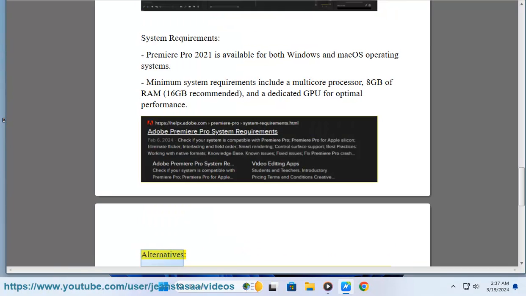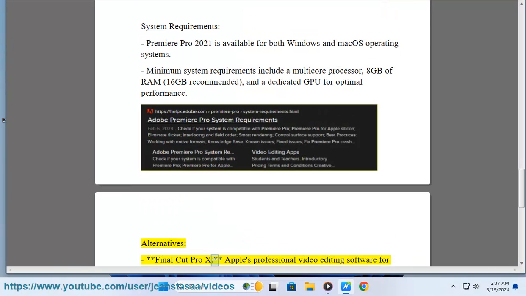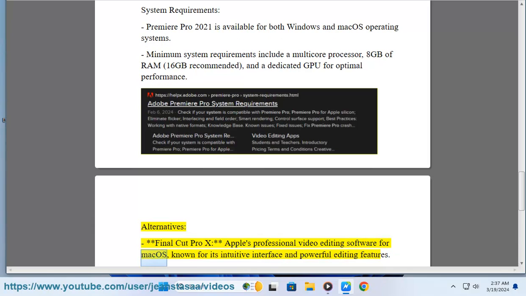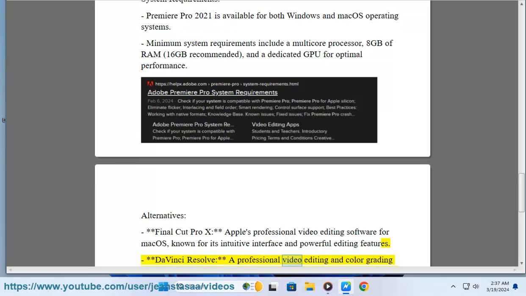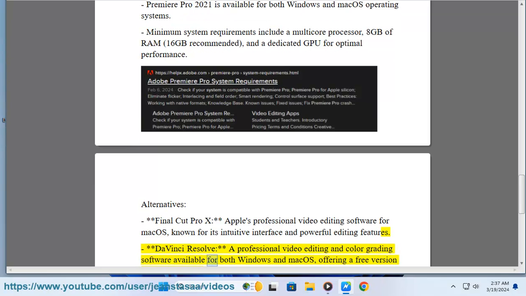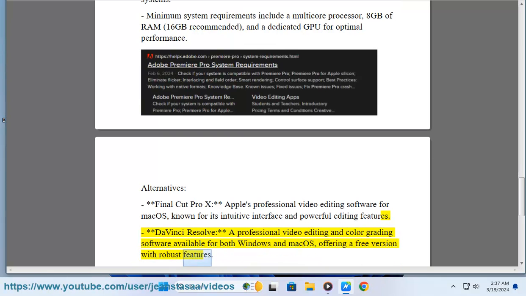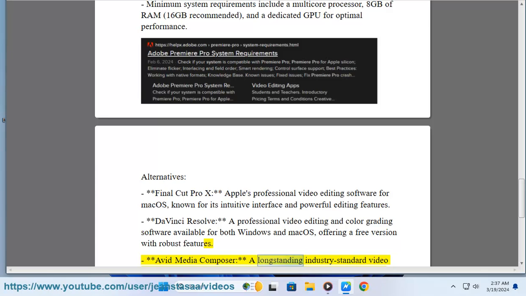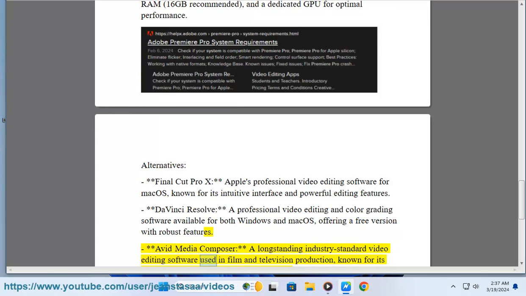performance. Alternatives: Final Cut Pro X: Apple's professional video editing software for Mac OS, known for its intuitive interface and powerful editing features. DaVinci Resolve: a professional video editing and color grading software available for both Windows and Mac OS, offering a free version with robust features. Avid Media Composer: a long-standing industry-standard video editing software used in film and television production, known for its powerful